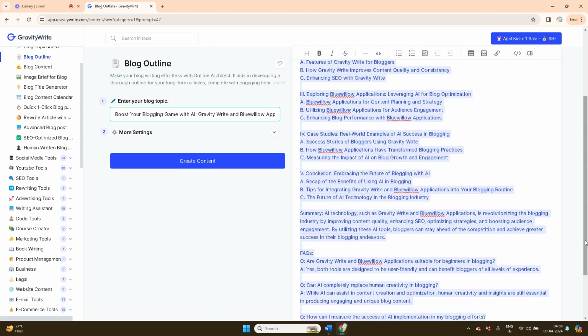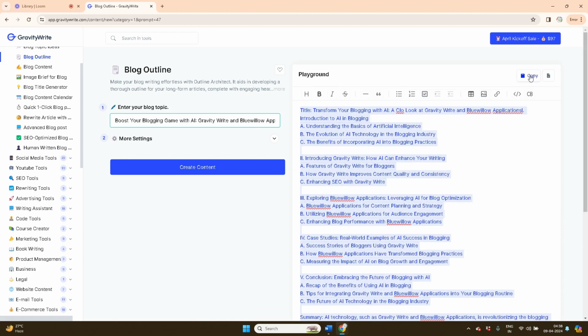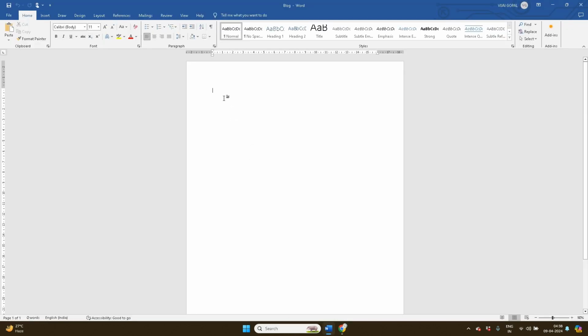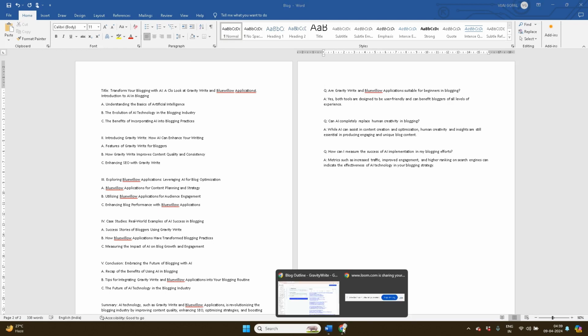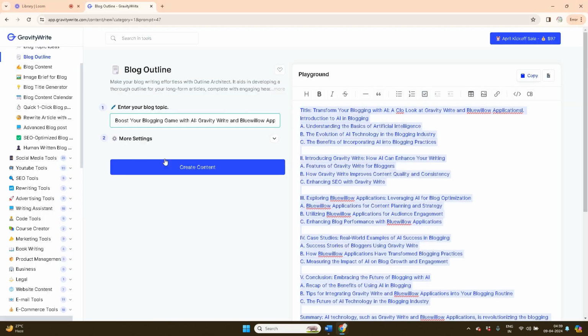Or from here you can copy it also. Here there is a copy button. After that you copy it in Word. Yeah, I copied this one. Again, I'm moving to